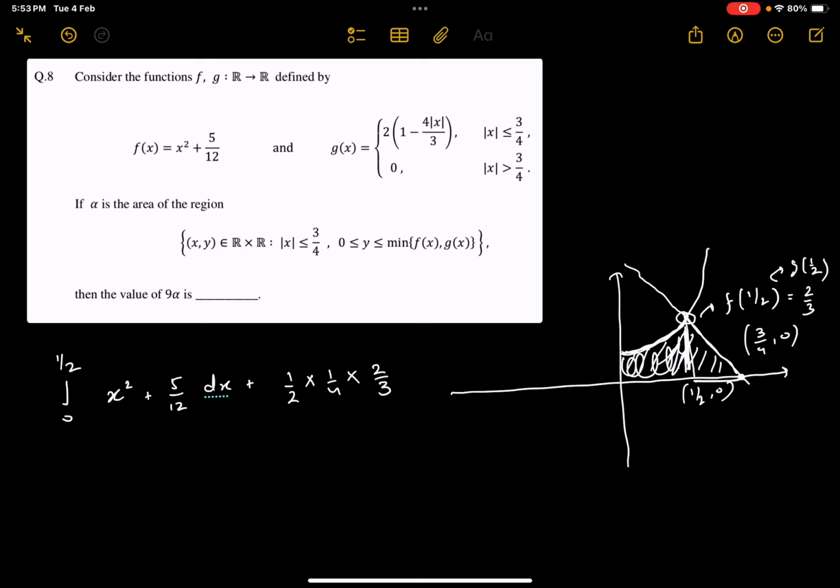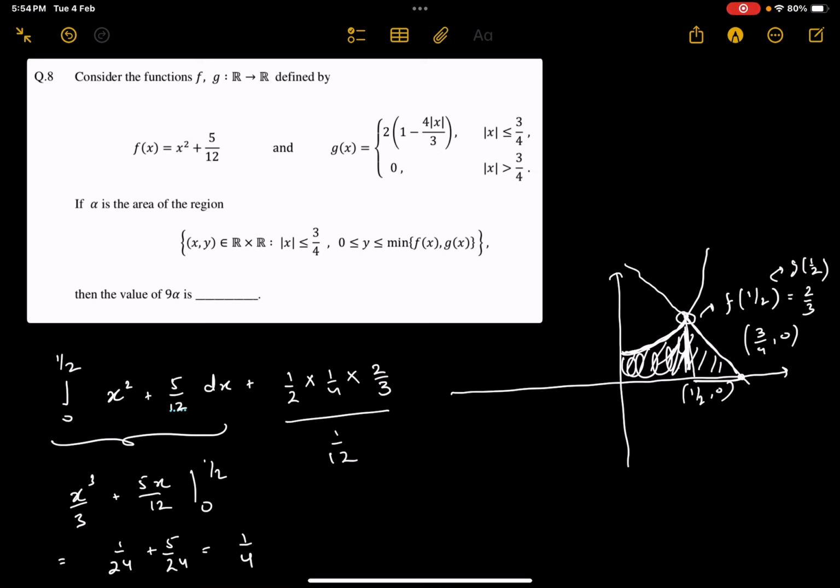Okay, so now this integral is x cube by 3 plus 5x by 12 from 0 to half, which is 1 by 24 plus 5 by 24, 1 by 4, and this becomes 1 by 12. So the final is this plus this, which equals 1 by 3. So this is alpha, the area under the curve, and 9 alpha is,